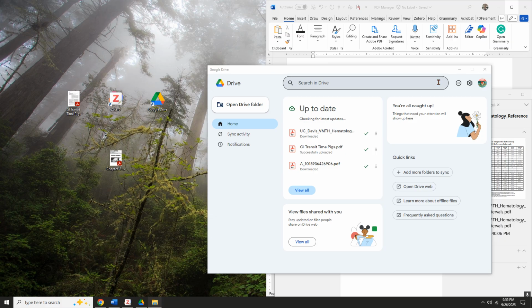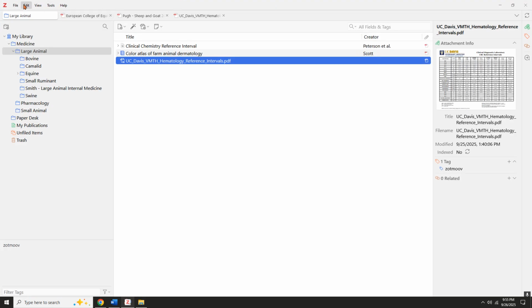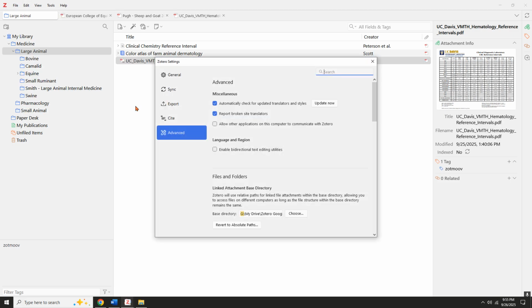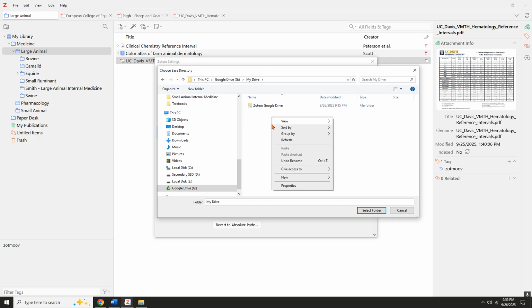So let it sync, and then it should come up. So let's edit settings, and okay, it's not coming up, but you get the point. It should show up here eventually. And just click select folder,